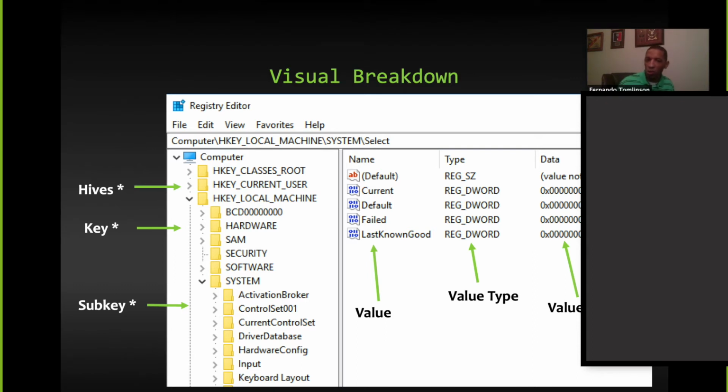This is where it starts to get good and juicy if I'm an offensive-minded person in the registry. But this is also where it becomes a daunting task if I'm a defensive guy, because how am I supposed to know every registry key, but then also understand every value and value data? It's a tough task, right? Because when I install software, there may be certain registry keys and values that get made automatically in that installation process. By virtue of me doing things on a machine, there may be things that are taking place in the registry. So again, we go back to how do we know?